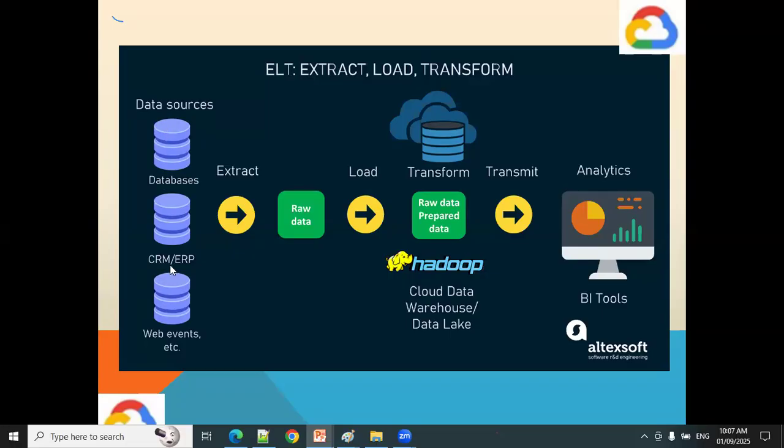Data is available in data sources, databases, CRM, SAP systems, SaaS systems, web applications, but on the IT side, analytics. Again, the data engineer's work is here. Extract the data, store raw data, then transform means process the data, then analyze here and give it to them. Before 2020, the industry was doing this data engineering pipeline process with Hadoop, big data Hadoop, which is on-premises, on-prem. And now this process has changed to cloud.